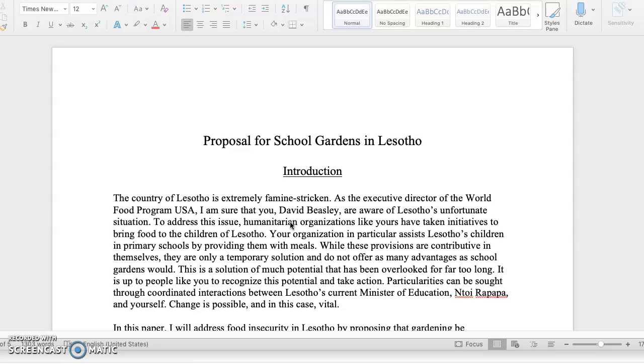As a reminder, you are shifting your audience from a large stakeholder group to a single human being who is a stakeholder in your issue. That person might be part of the same stakeholder group. It might be somebody else who is also a stakeholder. So they will not have read your A2. So you are going to use some of your A2 research, most likely in the background and problems section of your proposal, so that they understand the exigence for why you're proposing the thing that you're proposing.